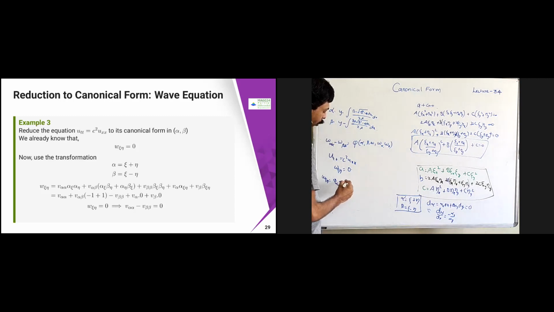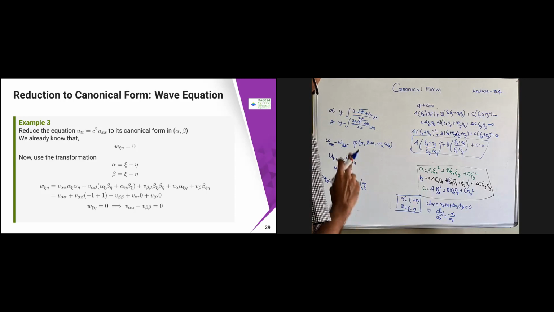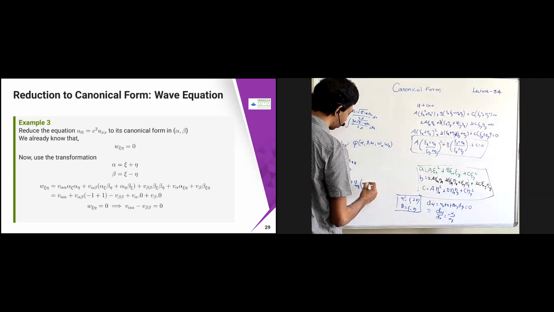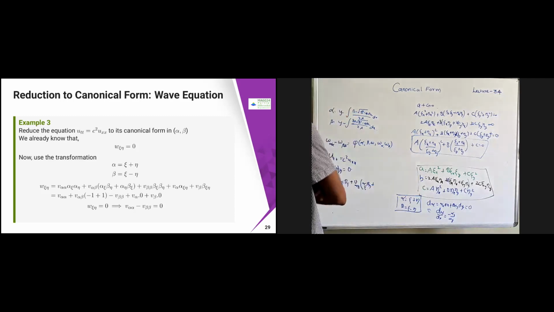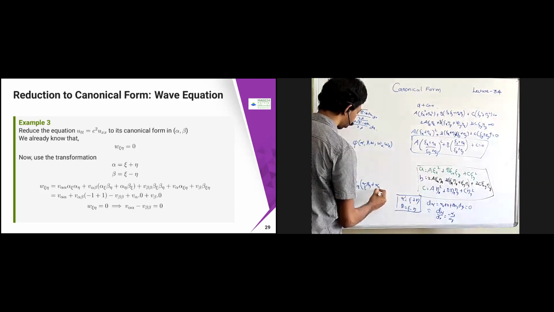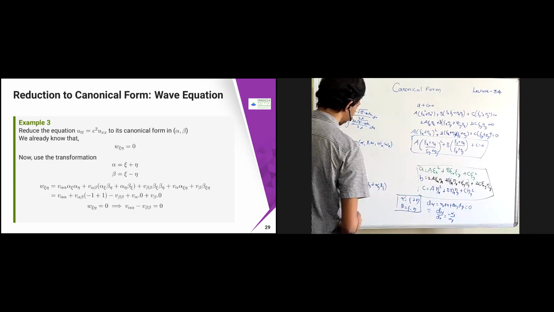So alpha chi and beta chi is going to come. Okay, alpha chi beta chi. Similarly, we have alpha beta. In bracket I will have two terms. So one is going to be alpha chi, another is going to be chi x eta x. So chi x eta y will come here. So this is xy. So therefore we are going to get beta is going to come plus alpha chi beta eta, and then you are going to get alpha eta beta chi. Okay, alpha chi beta chi, alpha eta beta chi.